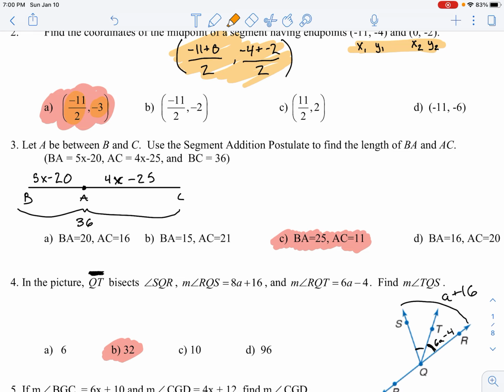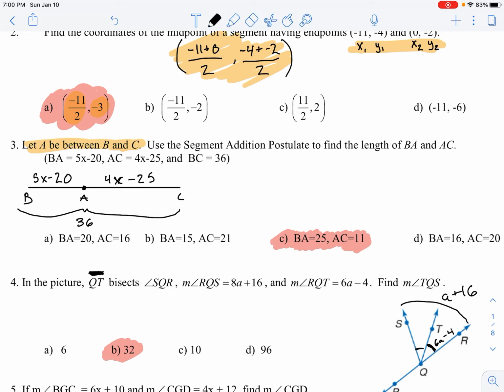Number 3, as you can see, we're going to use the segment addition postulate. Now it says in the question, let A be between B and C. If you do not draw a picture of this, you have a very likely chance of getting this wrong for a simple mistake or something like that. You have to draw it out, you have to label it,